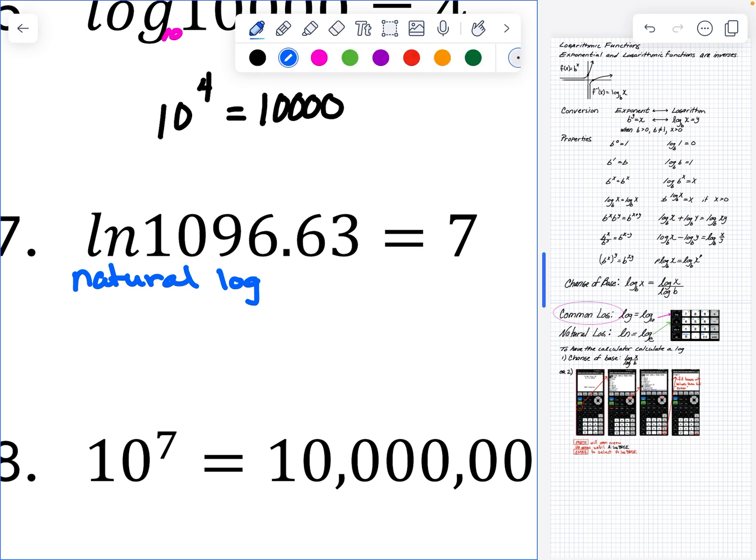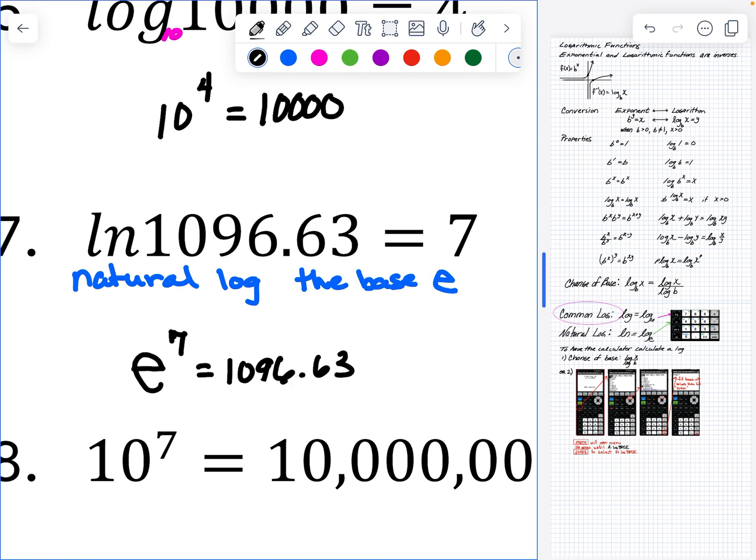So the base is the number e. So if I change this into an exponential, I'm going to say I have a base of e raised to the power of 7 is equal to